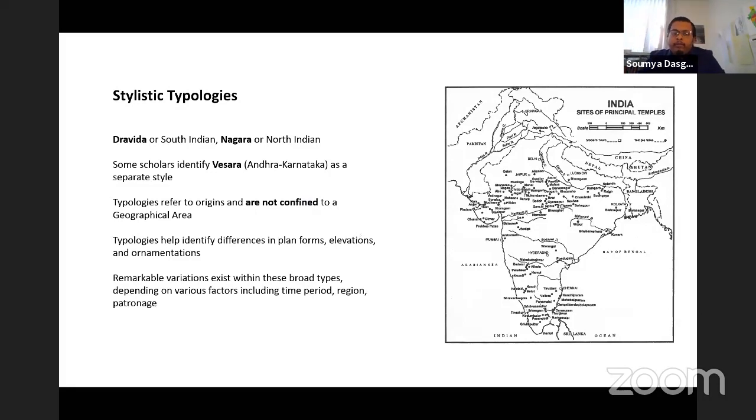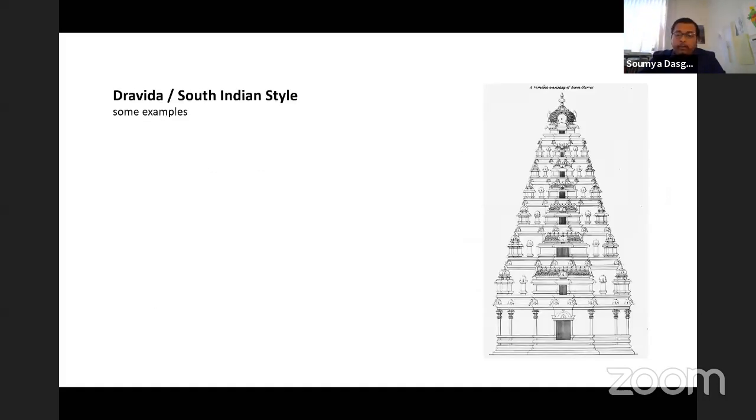So now we will start looking at some Dravida or South Indian style temples. And of course, there are many of them, and I have only selected a few to illustrate perhaps the most prominent examples, and pardon me if I miss some. And also to have a discussion about how these forms evolve and to understand the geometric progression behind them, which has been later,